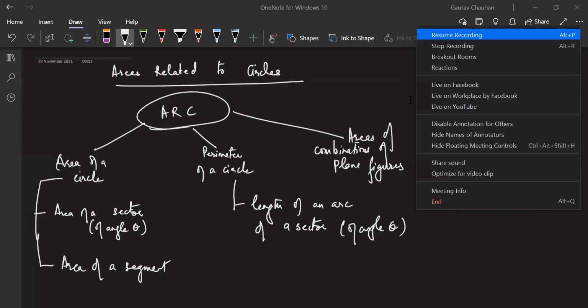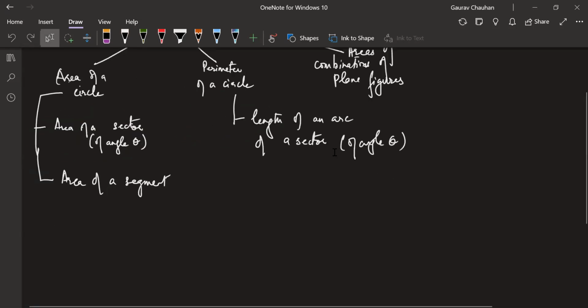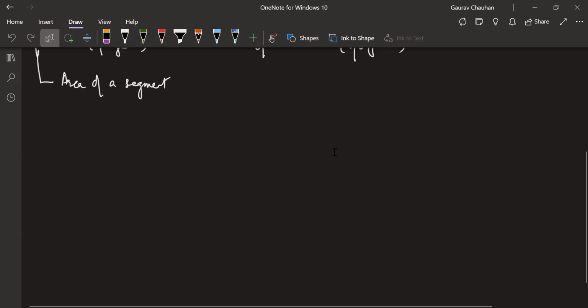All right, guys, so as you know, we already know area of a circle and perimeter of a circle, right? That's what we're going to revise today, and we're going to run through exercise 12.1, which will be homework later. So we're going to start with area of a circle.